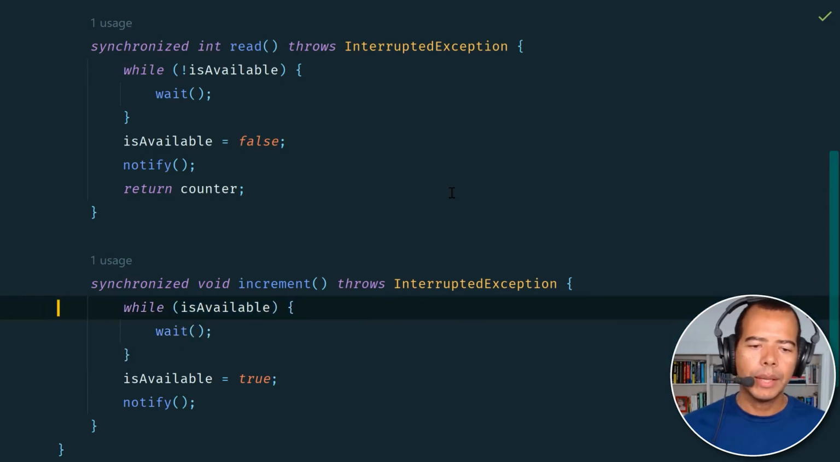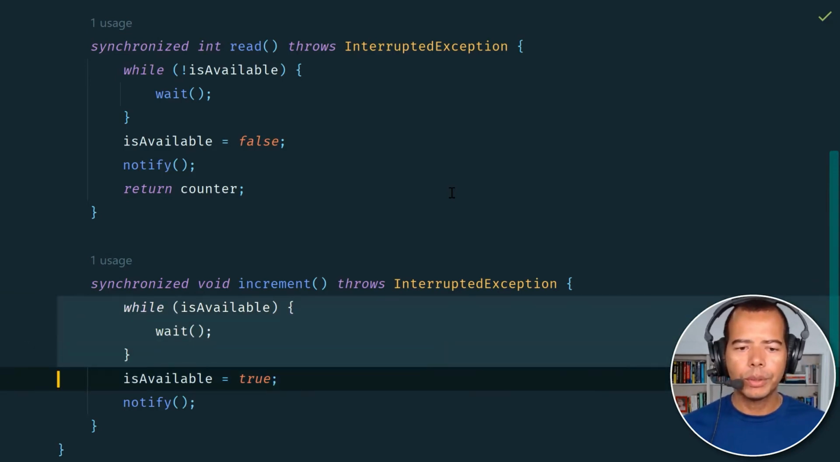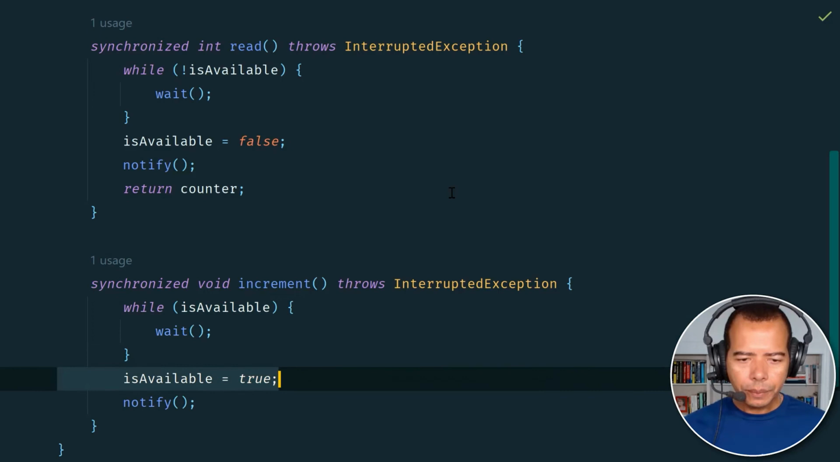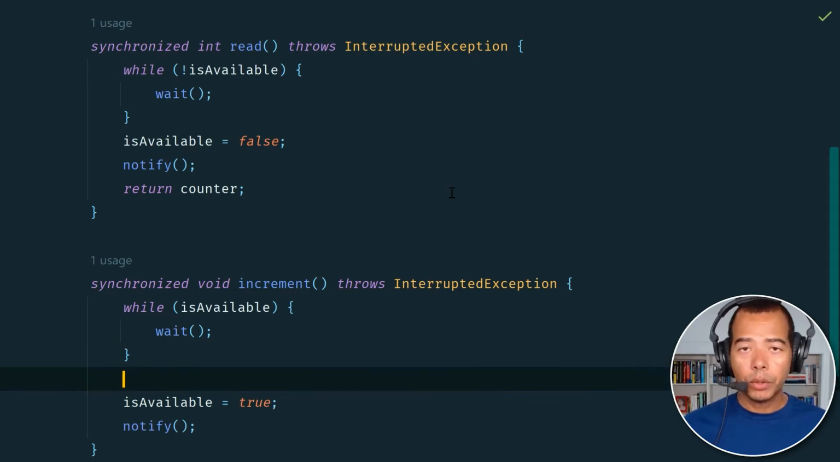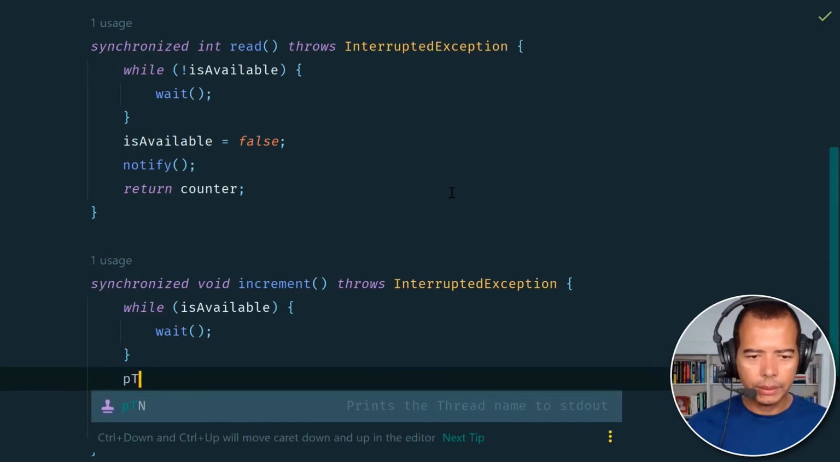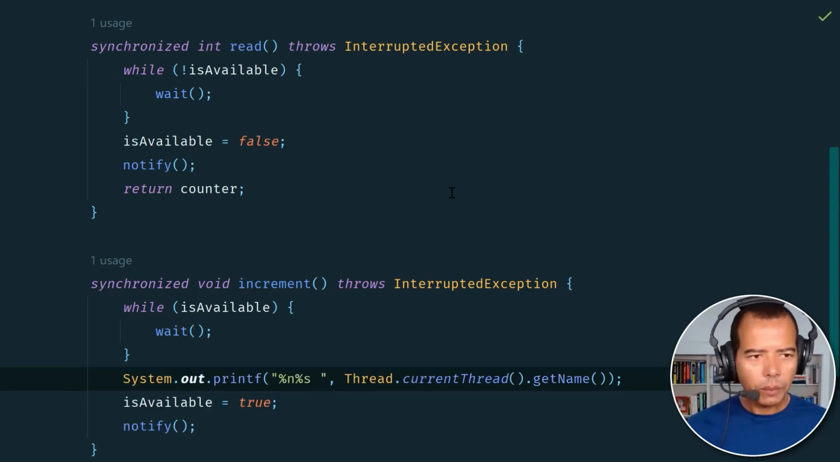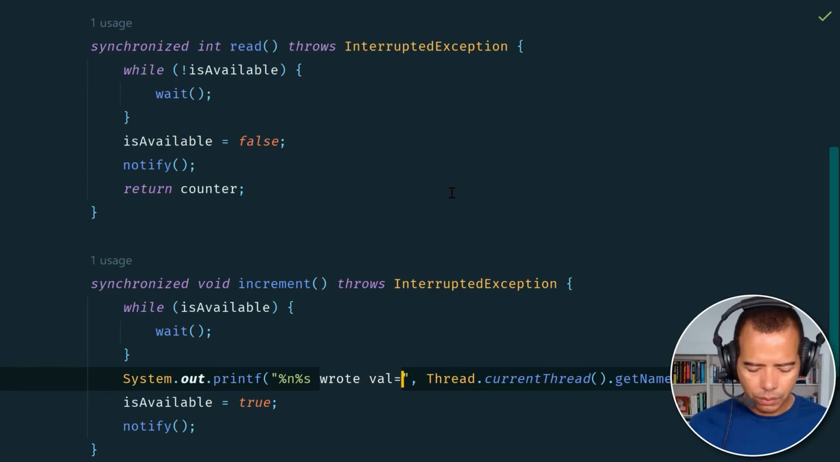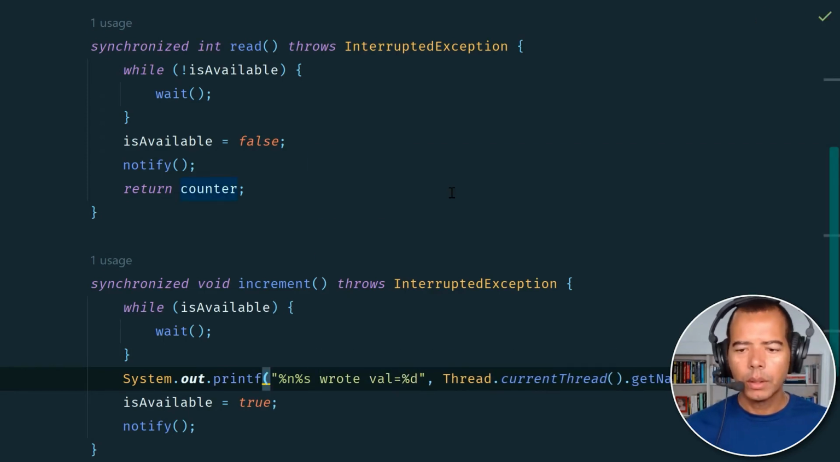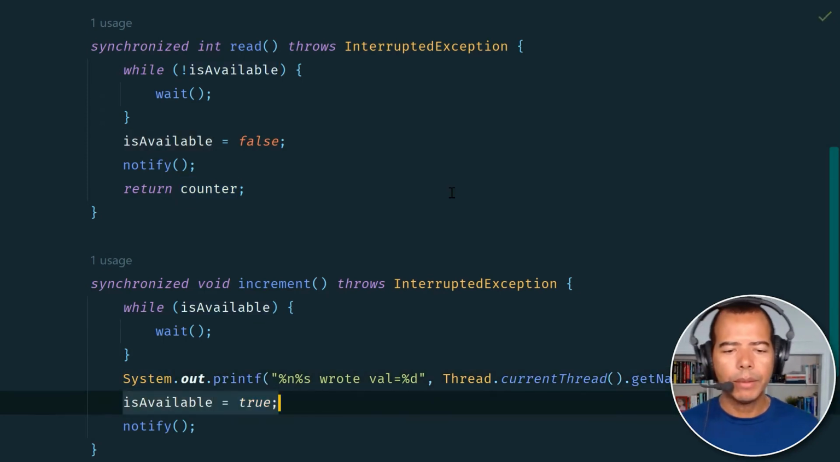Oh, the value is available. It has not been consumed. I'm going to wait. After it's notified by the consumer that the value has been read, it's now going to produce the new value. So let's do that. So let's just say wrote value. Okay. And this is where we increment the value,